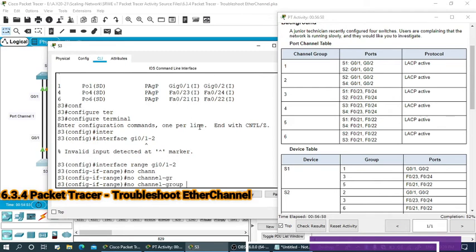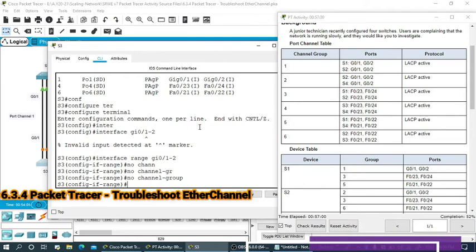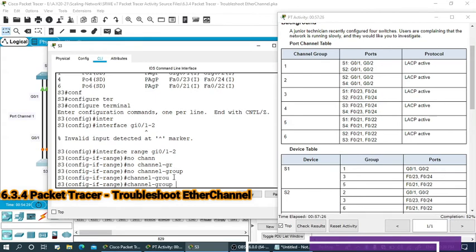So we need to type no channel group, and now I need to create a channel group, not with PAgP. We need to create a channel group by using LACP, and the mode should be active. So we need to write channel-group 1.